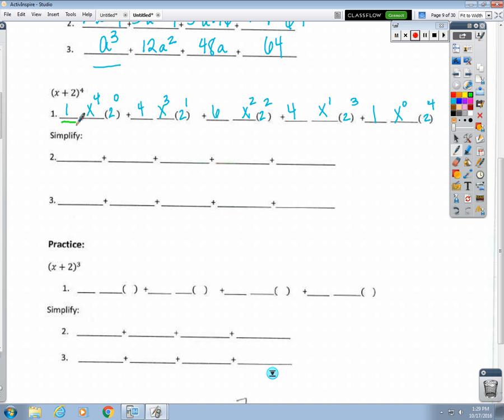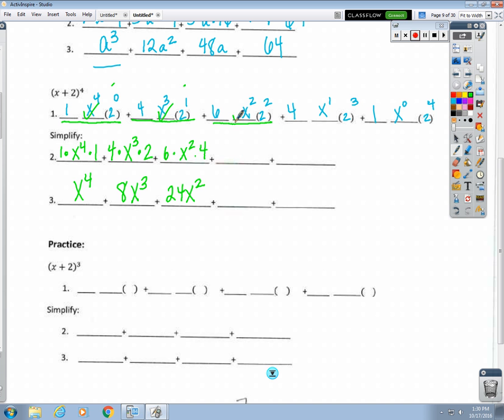In this term 1, we have a 1 times an x to the 4th times a 2 to the 0, which is also 1. So when you multiply those 3 things together, you get x to the 4th. Okay, in term 2, we have a 4 times an x cubed times a what? 2, and when you multiply those 3 things together, you get 8x cubed. Okay, in the third term, we have a 6 times x squared times 4. And when you multiply those together, you get